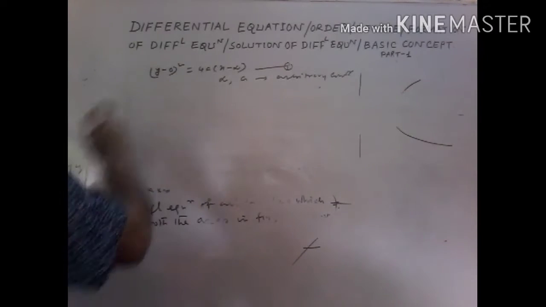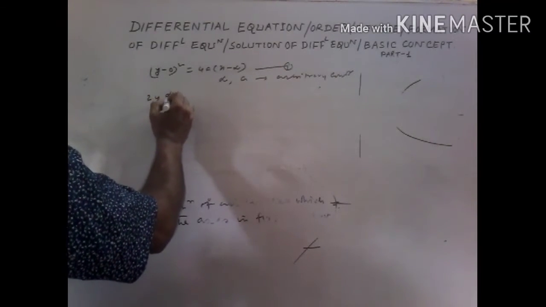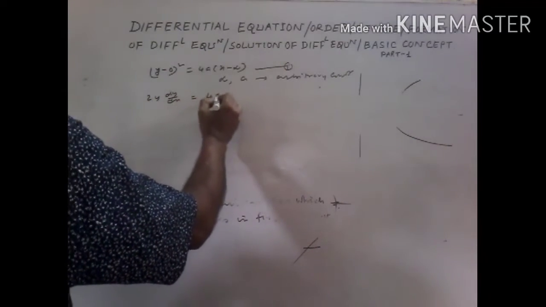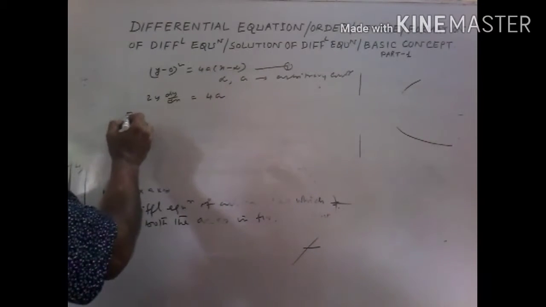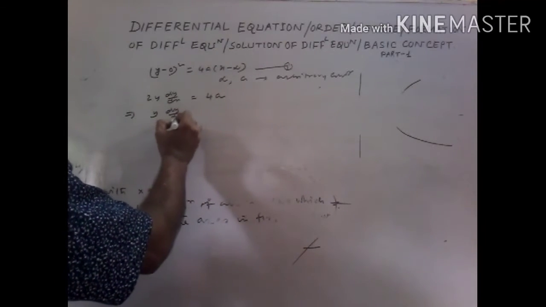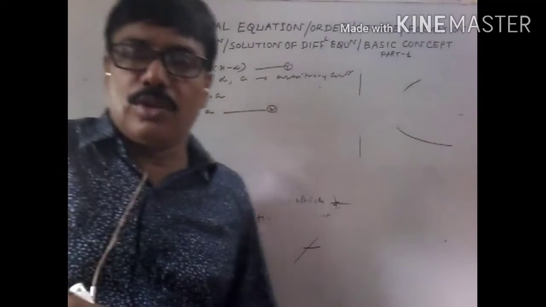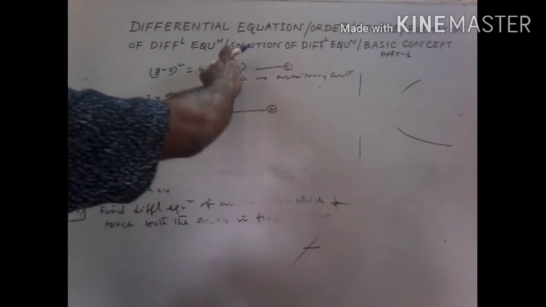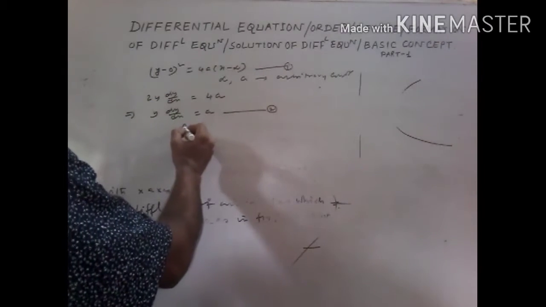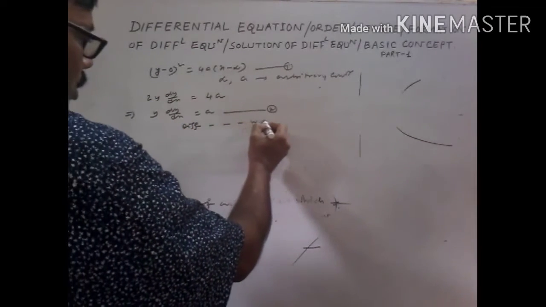So differentiating, 2y dy/dx equals 4a, since the derivative of x is 1 and alpha is 0. So y dy/dx equals a. So this is equation 2. Now, since there are two constants, a second order derivative is permissible, so differentiating again with respect to